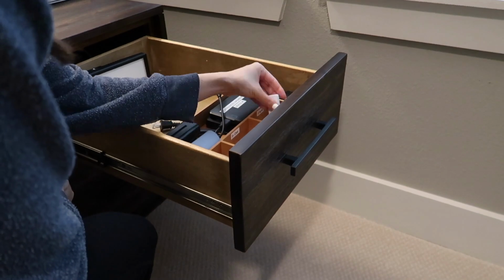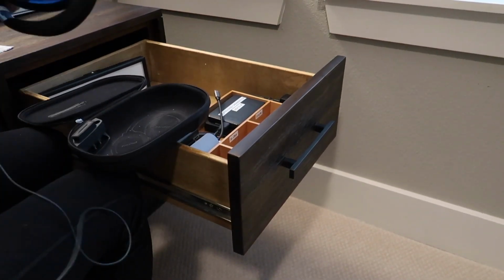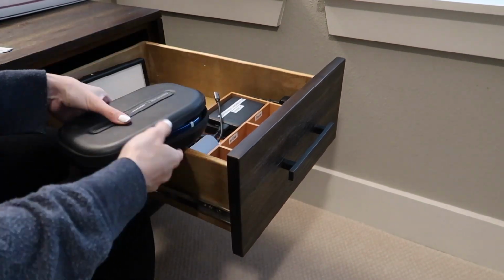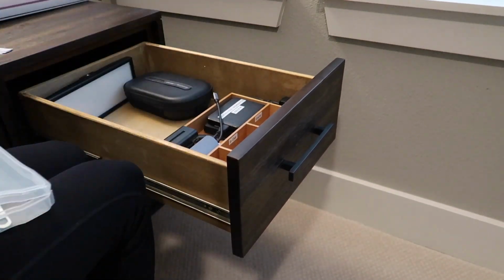I think one of the biggest keys is that organizing systems take work. There's a lot of maintenance involved. You'll see I had my headphones sitting out, so I had to go back and wrap them up and put those away properly. If you don't take the time to put things away right the first time, your systems are